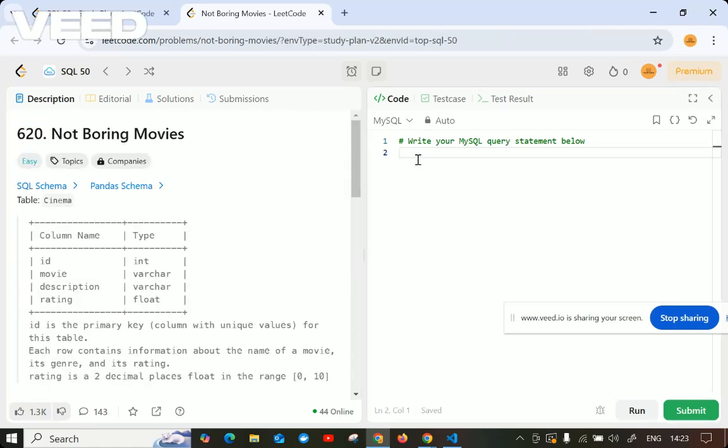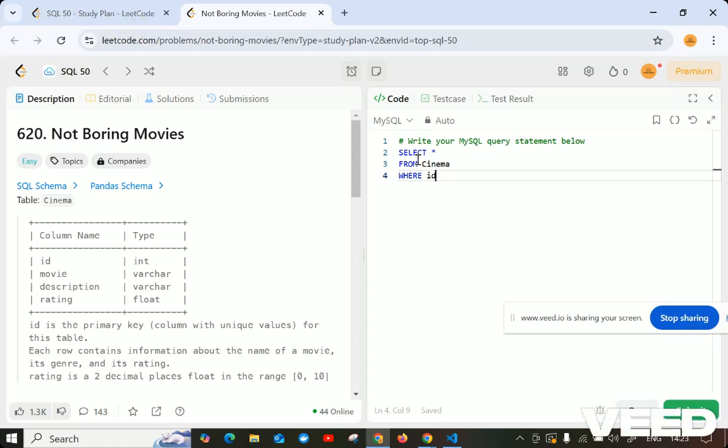So let's see how we can write this query. Let me start with a simple select. Let me select everything as of now, and then we'll see what specifically they are asking. We have to take this from the cinema table. We have to take odd numbers, which is nothing but not even, right? If an even number is divided by 2, the remainder will be 0. So to get odd we need not equal to 0.